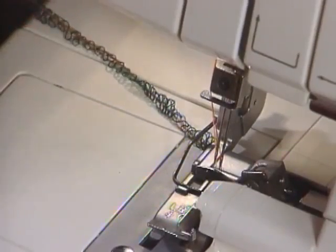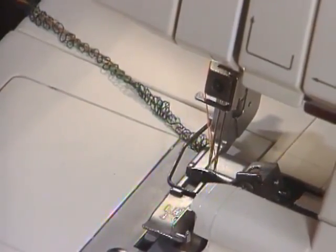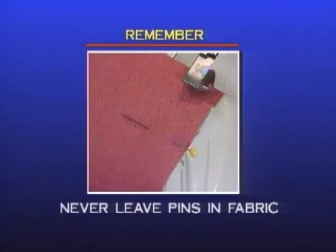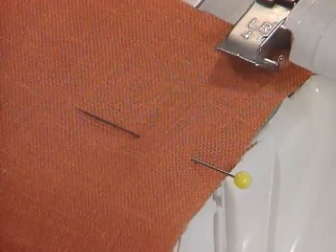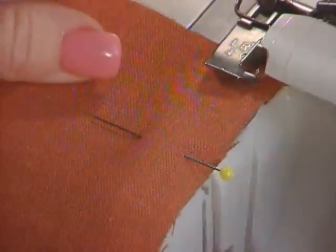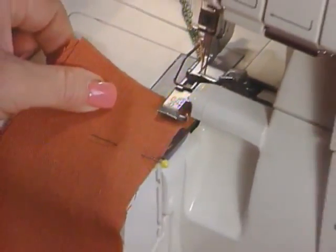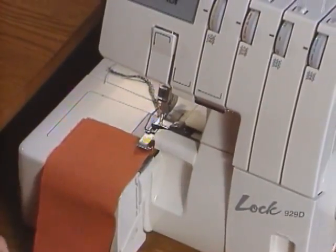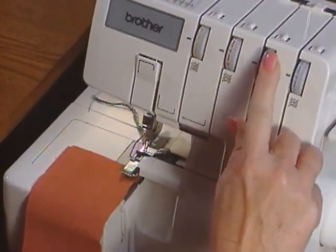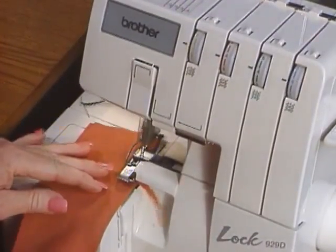Let's begin by placing fabric in the machine and serging a 4-thread overlock stitch. Remember never to leave pins in fabric being serged. The 4-thread overlock stitch is the most commonly used in seam construction. Before you begin serging, go back and check to make sure that all tension dials have been reset at 4. For most fabrics, lift the presser foot lever, place your fabric under the foot, lower the presser foot lever, and